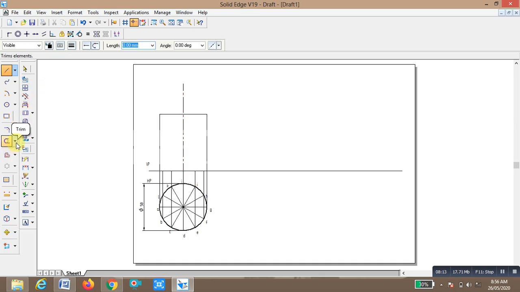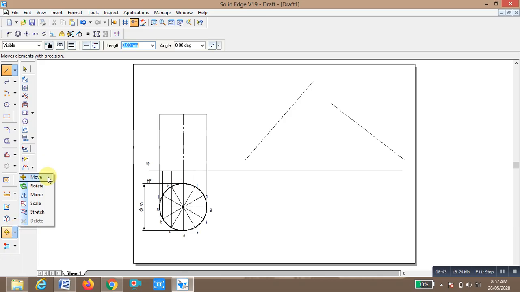Now I am going to draw the planes. Select the section plane by chain type line. One line I am showing this side, okay, another line is showing this side, okay. I am going to move this line and maintain the angle, that is, go to the move command. I am going to move this line at this point,